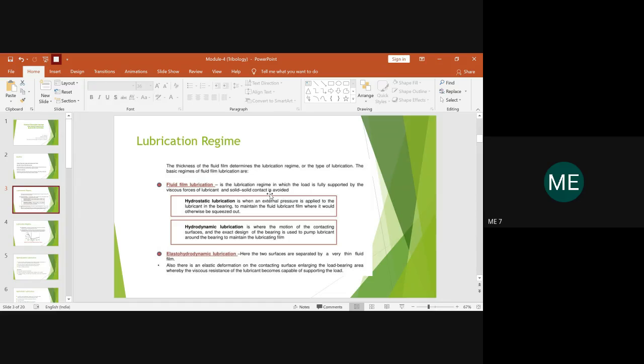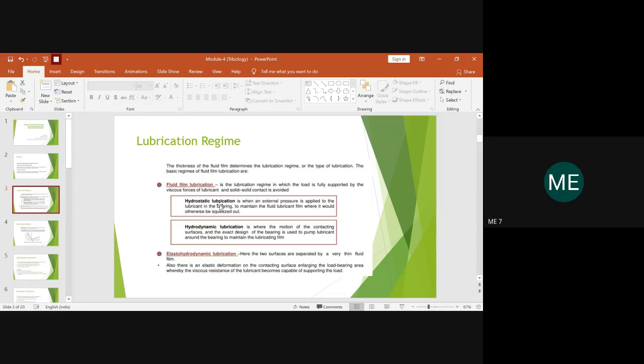But still, I just want to put forward one statement before we start. In hydrostatic, the name itself suggests it is static. The fluid film is a static one. You need some external pressure so that the fluid will be in movement. So, the same reason it is called hydrostatic, wherein you need an external pressure to be applied